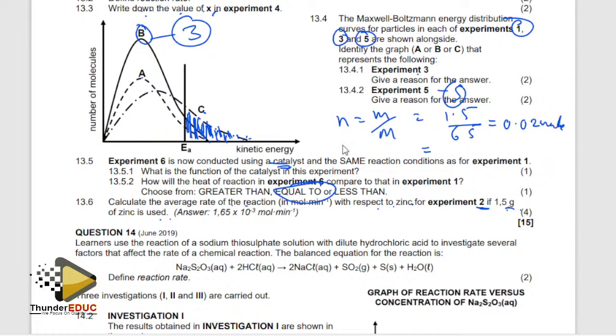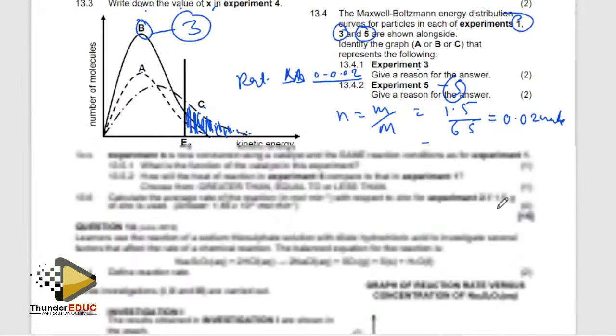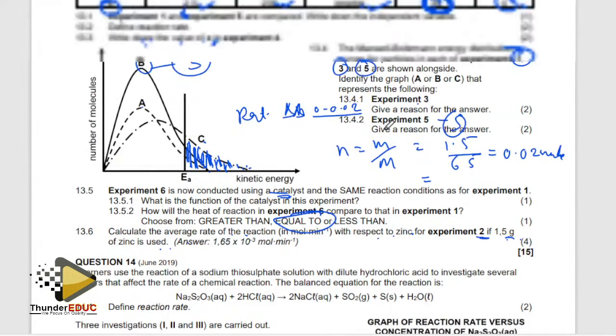the rate of reaction is going to be the change in the number of moles over the change in time. So the change in the number of moles or the change in the concentration. The final is 0, so it's going to be final minus initial, which is 0 minus this number of moles, 0.02 maybe, divided by how many minutes did we use